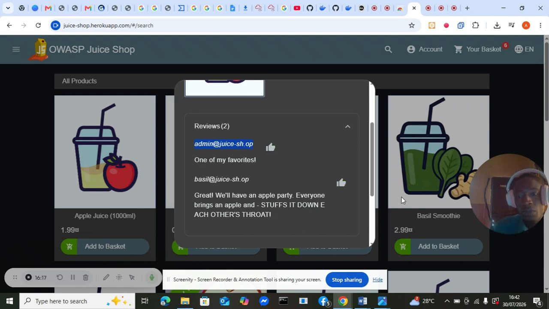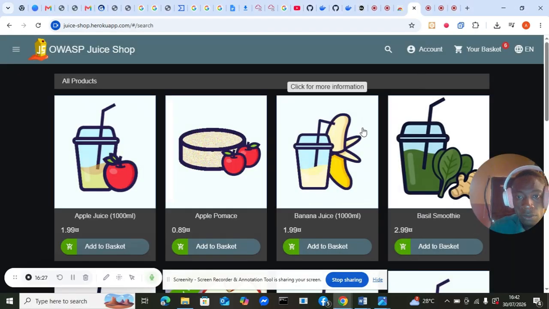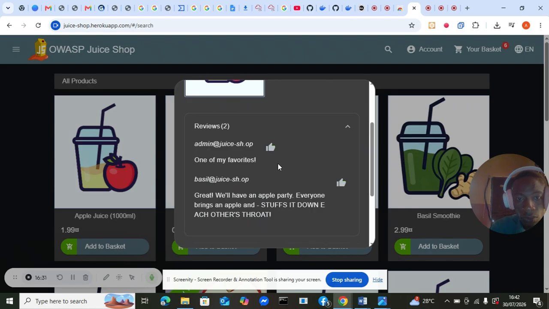I hope I'm getting it correctly. Okay, that's very good. I've screenshot this. So we were able to find the admin login detail, and this admin login detail will be useful for us in time to come.